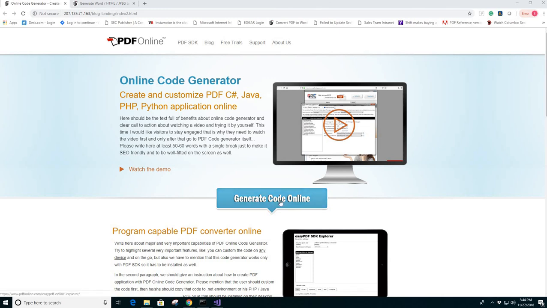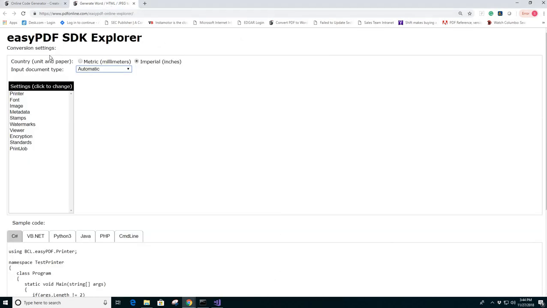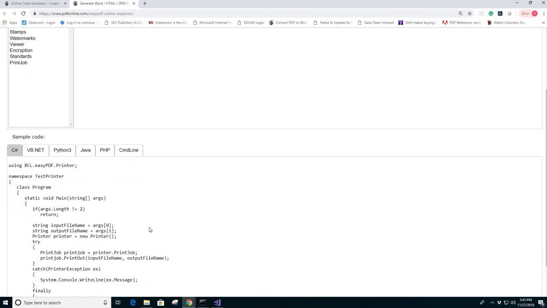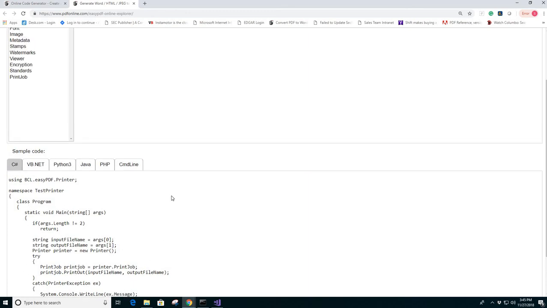Demonstrating the use of the online code generator for the PDF application using BCL's Explorer. So if you click on the Generate Code Online button, you get this window where it allows you to select the document types and the different settings, and shows the code here lower in this window for any language that you want to use. I have chosen C# and this is the default code since I have not chosen any